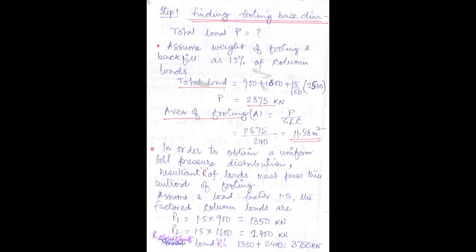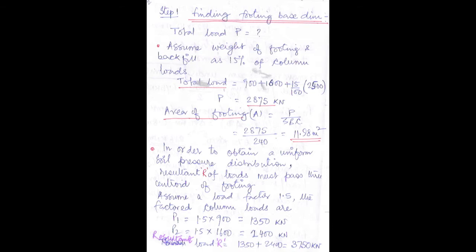So I hope you have understood the first line calculation. So P comes out to be 2875 kilonewton. Here I would again like to remind you that while you are seeing my video, please pause at certain places and see whether the answers are coming the same using your calculator. That will give you good practice, as if you are sitting in the class and doing the problem as per the teacher's instruction.